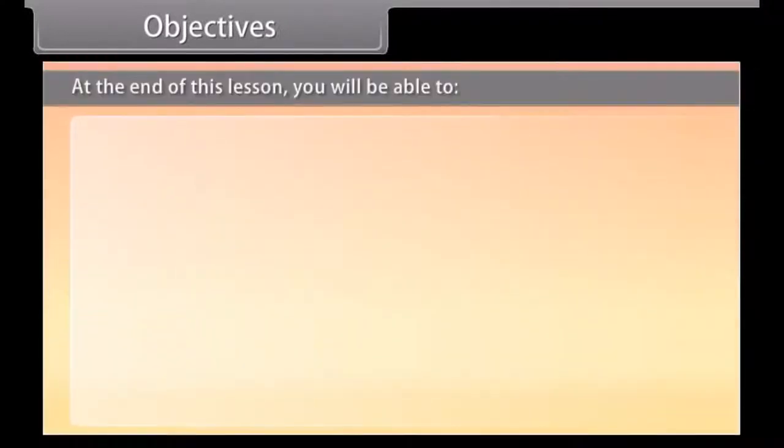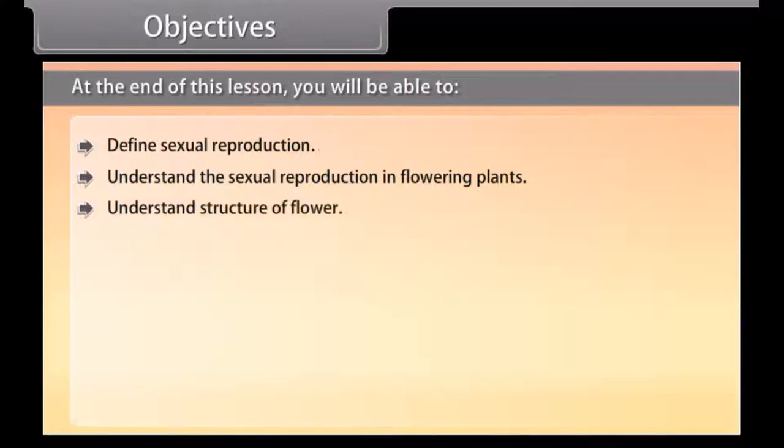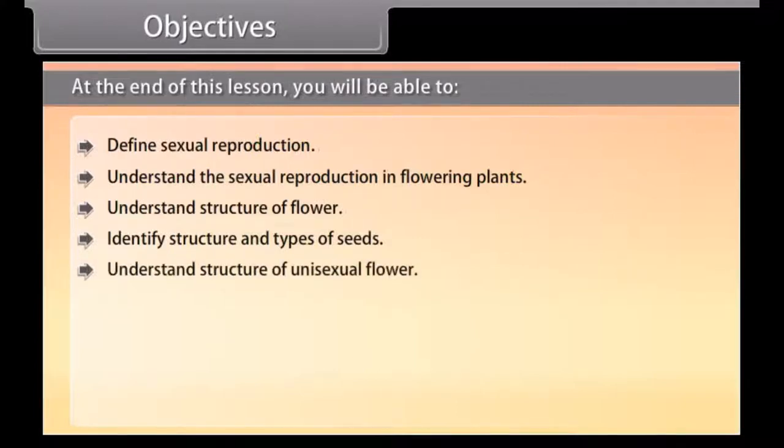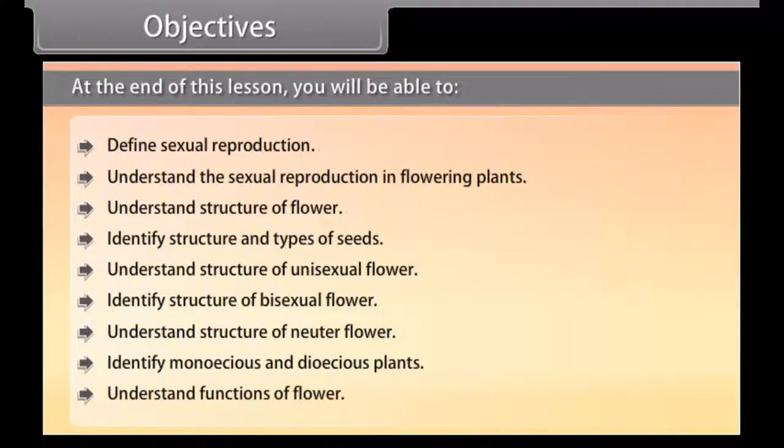Objectives. At the end of this lesson, you'll be able to define sexual reproduction, understand the sexual reproduction in flowering plants, understand the structure of a flower, identify the structure and types of seeds, understand the structure of unisexual flower, identify the structure of bisexual flower, understand the structure of neuter flower, identify monoecious and dioecious plants, understand the functions of a flower,